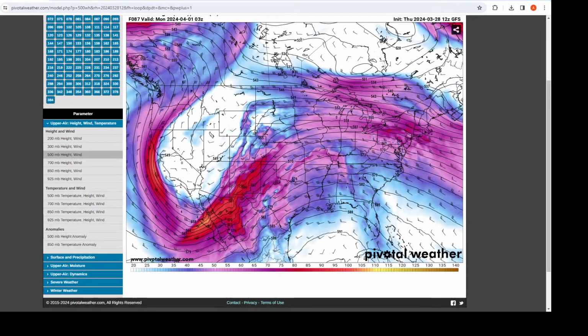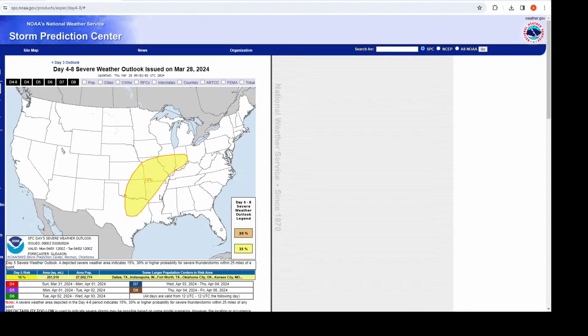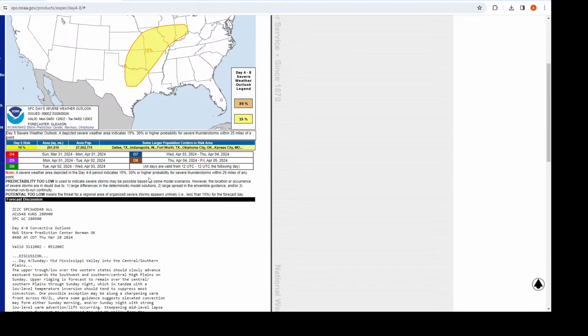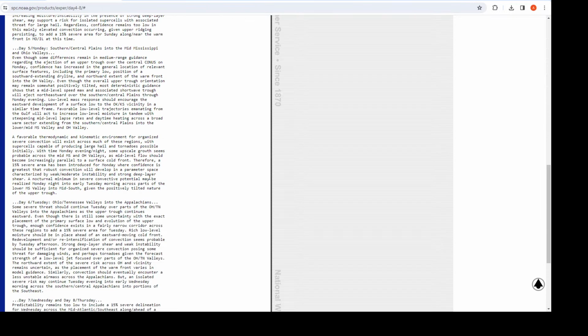I'm going to open a new tab real quick. The National Weather Service Storm Prediction Center has issued a huge severe 15% risk, which is equal to a slight risk, a level 2 out of 5 risk for severe weather. As we bring this up, you can see we have a ton of states involved in that, and the reason for this is